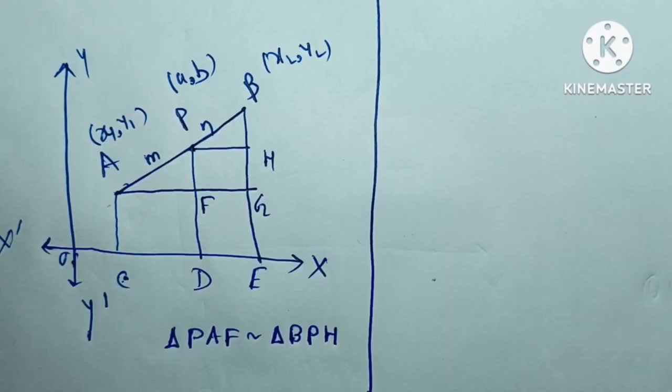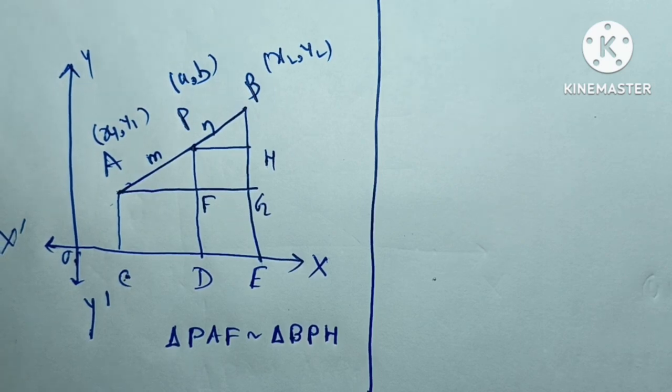Now we see triangle PAF is similar to triangle BPH by angle similarity, and we know corresponding sides of similar triangles are in proportion. So we can write